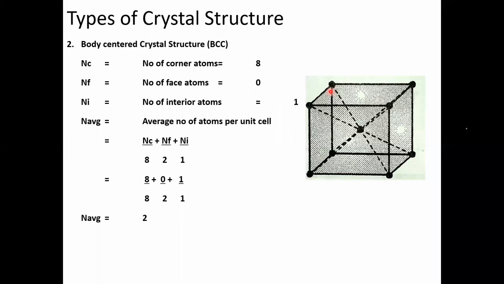Okay. So this question is there in the theory examination: find out the average number of atoms per unit cell for simple cubic, BCC and FCC. So for that you have to draw this diagram. Diagram is important. You have to make the practice of drawing these crystal structures. After completion of this lecture today, you can practice drawing these crystal structures. So the average number of atoms per unit cell for body centered cubic structure is 2.